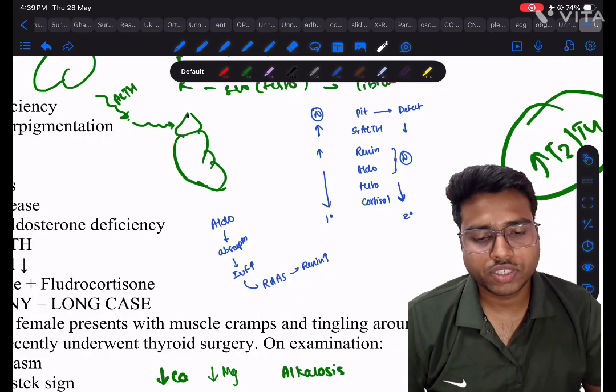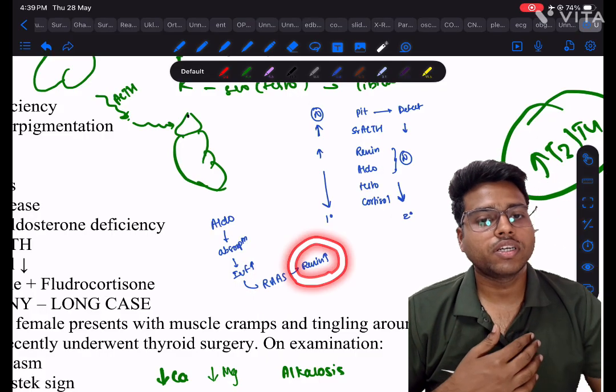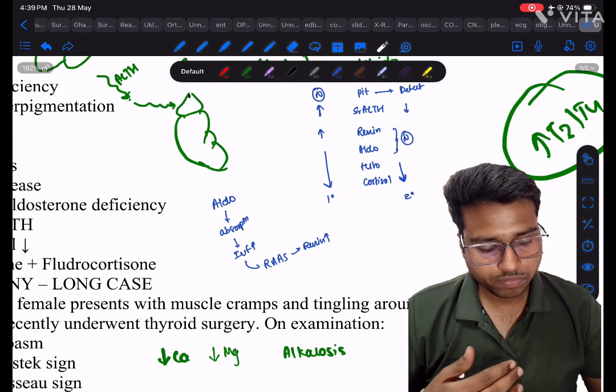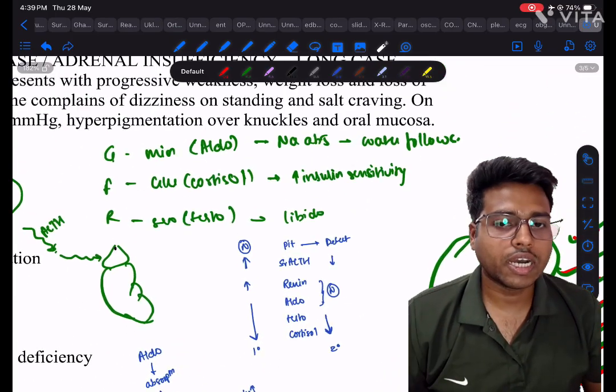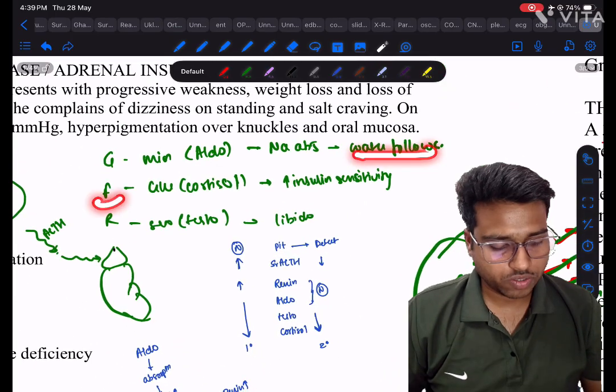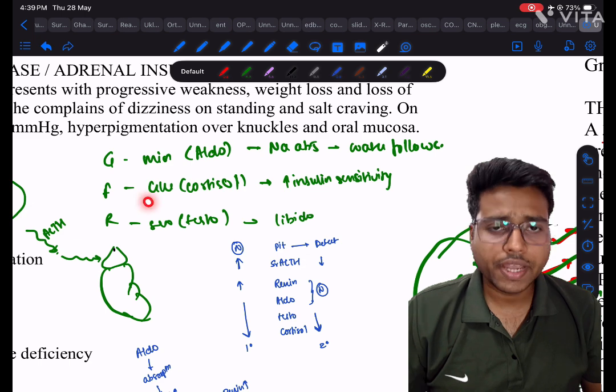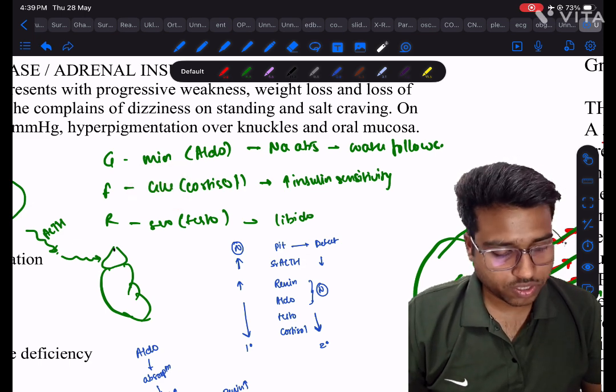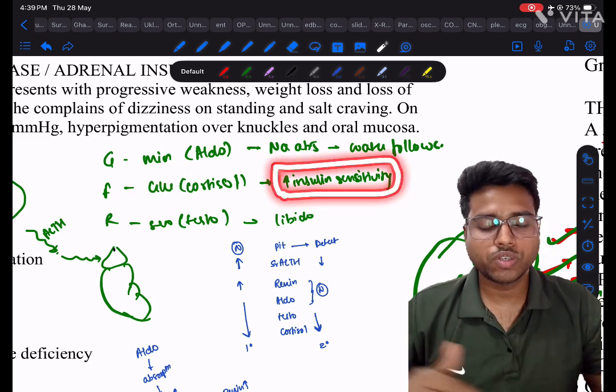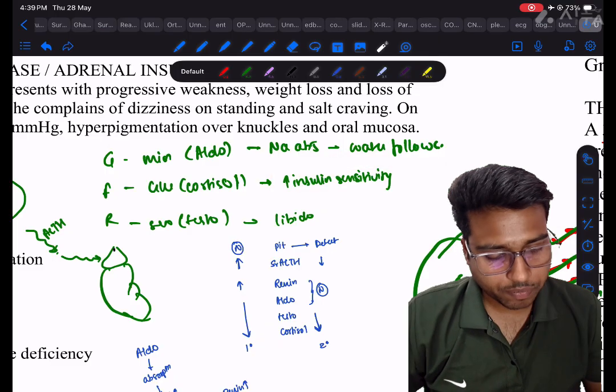Okay, if there is increased absorption of sodium, it will bring water also. This causes an increase in the intravascular fluid, and also causes activation of the RAS, and it will reduce the renin. This whole pathway goes along together. Okay, so